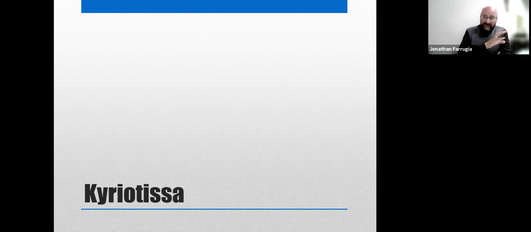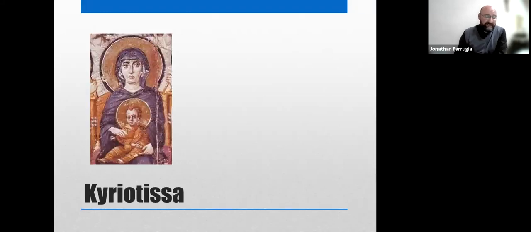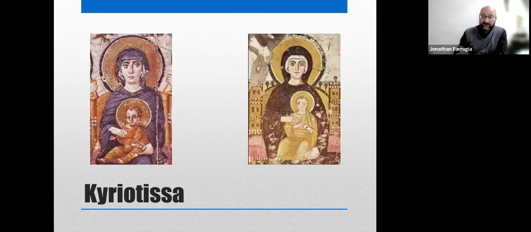Now, coming from the same era, therefore from the 6th century, there is a magnificent fresco found in the catacomb of Comodilla, and one which is found also in the monastery of St. Catherine in Sinai. Okay, so the first image, the one where Mary seems to be dressed in purple, that comes from Egypt, from the monastery of St. Catherine on Mount Sinai, also dated to the 6th century. While the one on the right, where Mary is dressed in brown, is found in Rome in the catacomb of Comodilla, as we are saying.